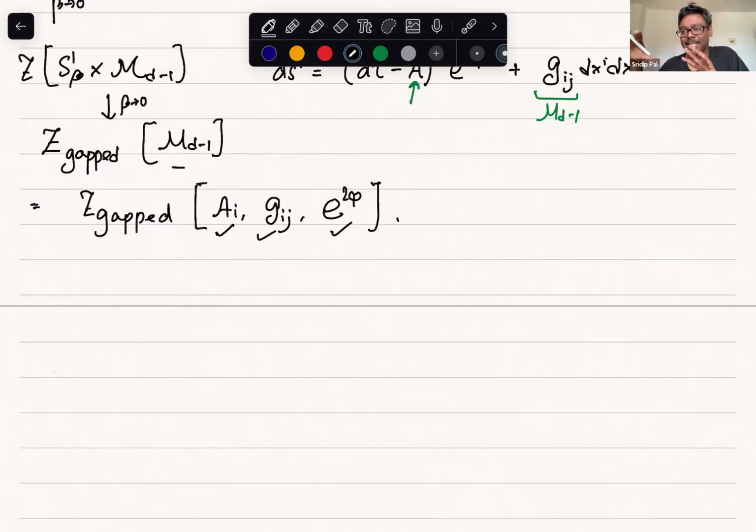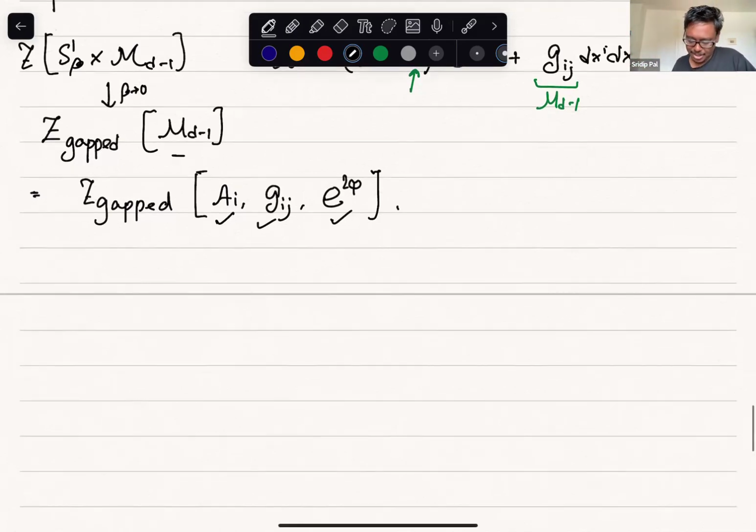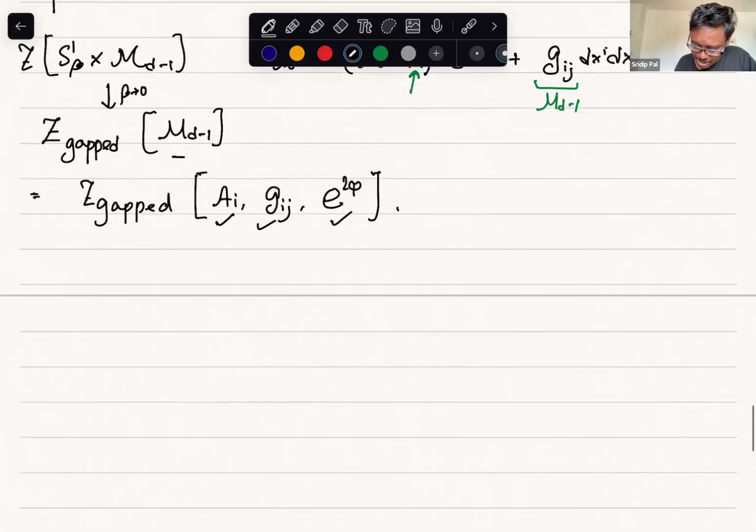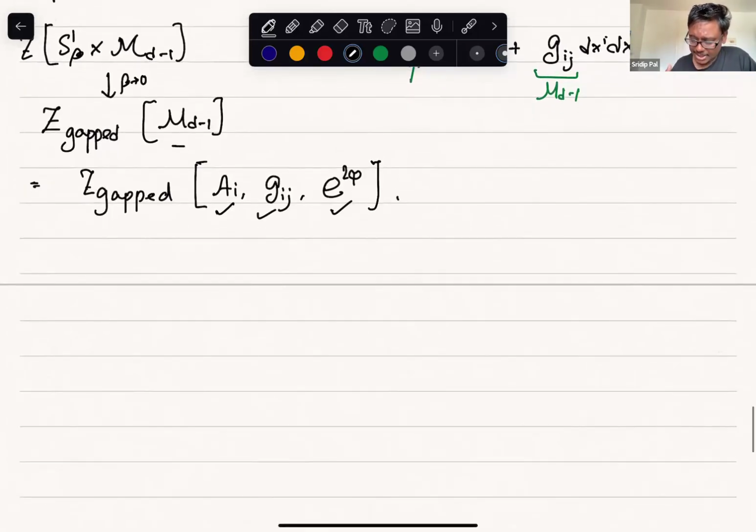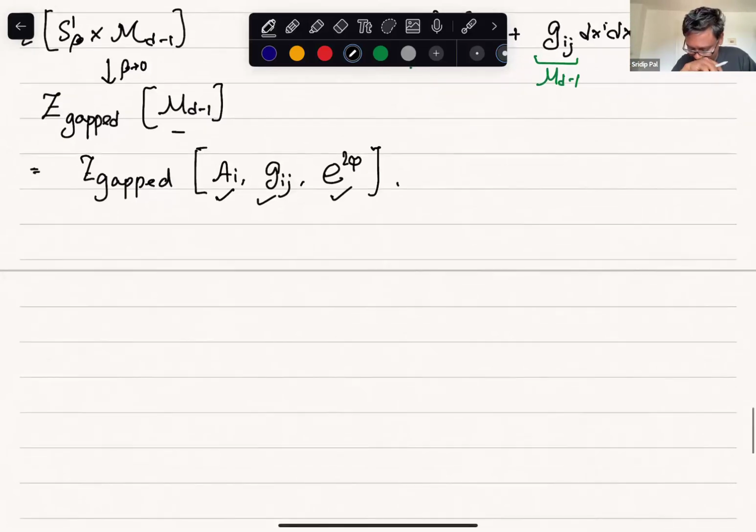So in the CFT, taking the beta going to zero limit and taking the spatial size of the manifold to infinity are equivalent. But for a massive theory, those things are not necessarily equivalent. So one should be slightly more careful, but I will come back to that later. For now, let's think of this as a result happening in the CFT world. Now we also know that CFTs have a Weyl invariance classically, and there is a Weyl anomaly. So using this Weyl invariance and Weyl transformation, I can also write it down as Z gapped